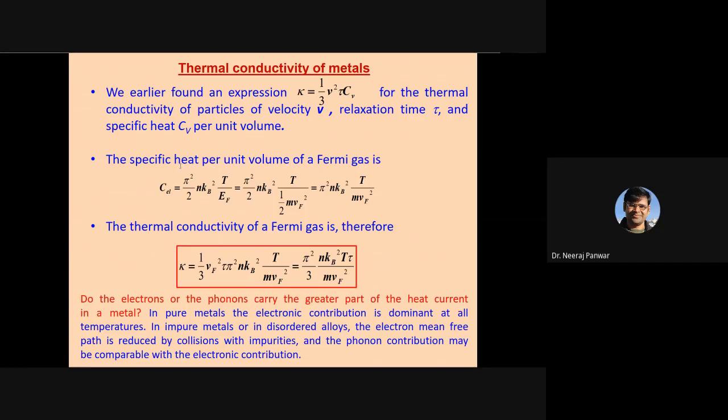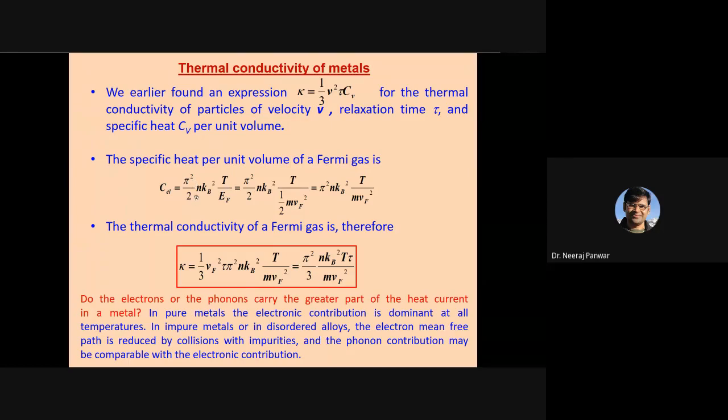Similarly, we can understand the thermal conductivity of metals. We have already found this expression when we discussed thermal conductivity as per Drude theory. So kappa was equal to 1/3 v² tau times C_v, for the thermal conductivity of particles moving with velocity v and having relaxation time tau, with C_v specified per unit volume. The specific heat per unit volume of a Fermi gas, we have already seen this expression,